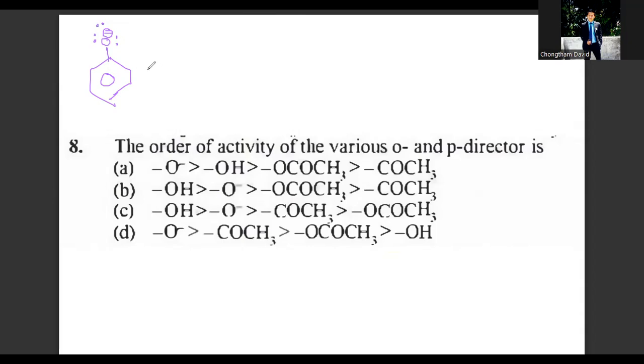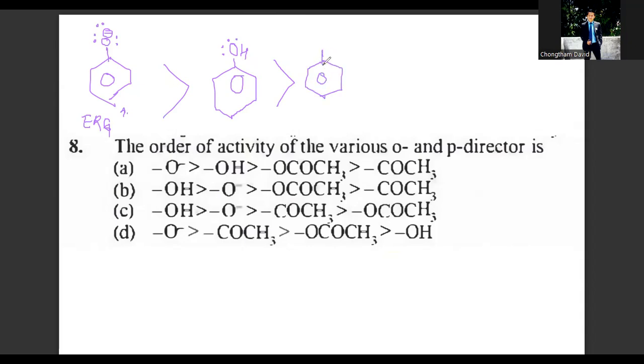Okay, so the most electron releasing tendency will be shown by phenoxide because it has a negative charge on this oxygen. Electron releasing tendency, we call it ERG in short. This is your phenoxide ion. This will be much greater than phenol, okay? Because phenol doesn't have any negative charge. However, it still has lone pair of electrons. And again, this phenol will be greater in comparison with this